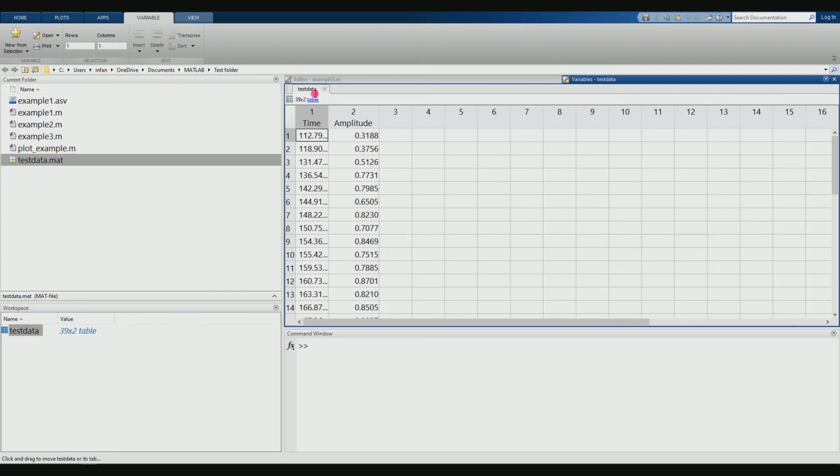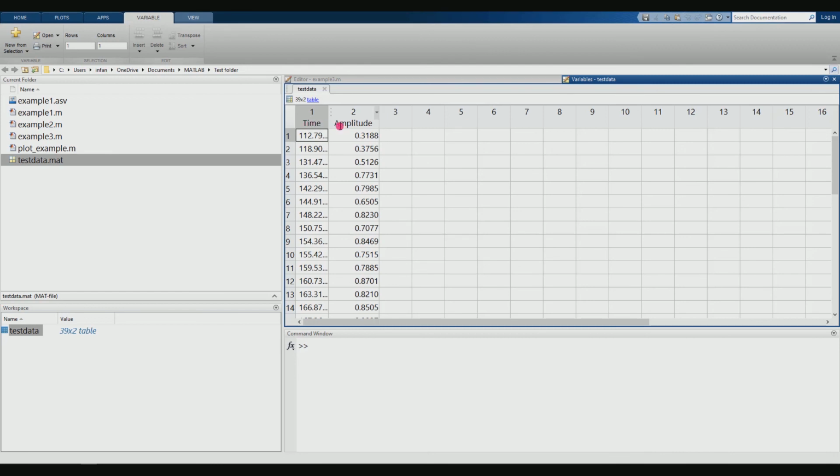Okay, test data is a table. This table is having two columns. The first column is representing time, second column is representing amplitude. Right now I'm going to create a plot between the time on the x-axis and amplitude on the y-axis. Here time t is capital and in amplitude a is capital. So you have to remember this.